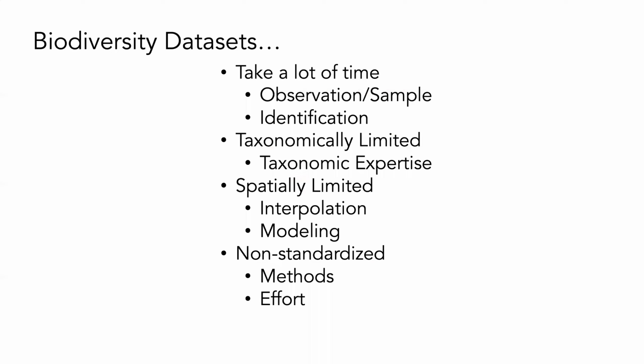When developing a large-scale biodiversity database, it takes a lot of time and effort. When you're looking across taxa, you have to go out, observe or sample those taxa, take them back to the lab, and identify them. That leads to a taxonomic limitation for a lot of biodiversity data sets. I'm trained in ant ecology, so if I had to identify my own samples, I'm pretty much limited to ants. Maybe I could do trees, at least in North America, north of Mexico.